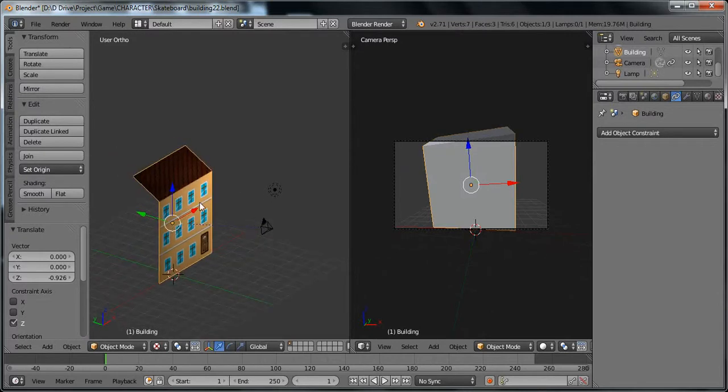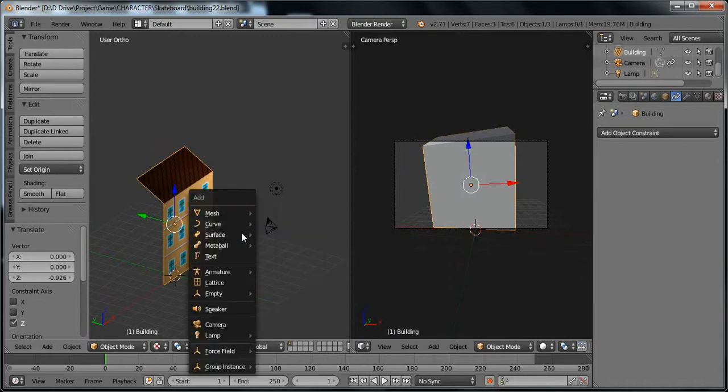Now we are focusing this camera on the building only, so we can add an empty object for this. You can add an empty object just by pressing Shift A. Just bring the mouse into this viewport, press Shift A, and the pop-up menu appears. You can add any object. So the empty object is here.